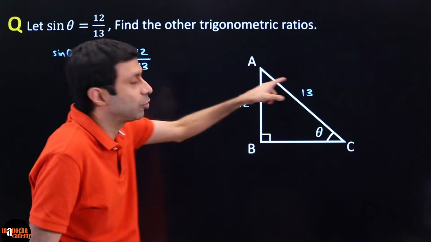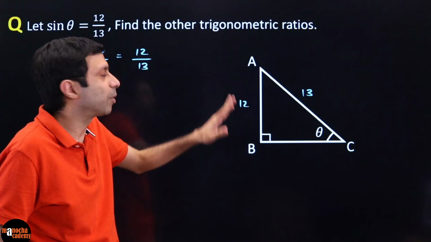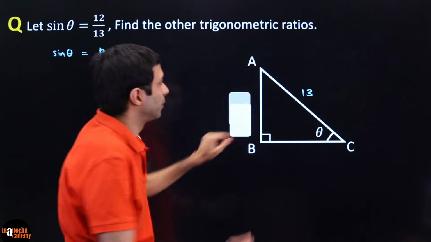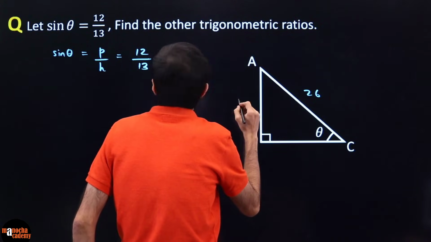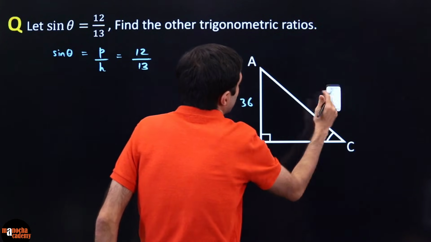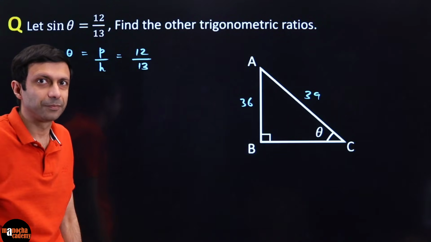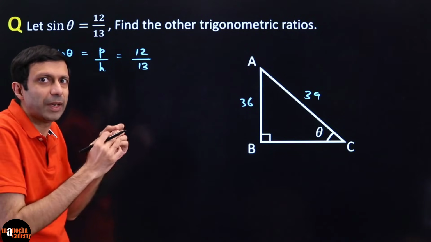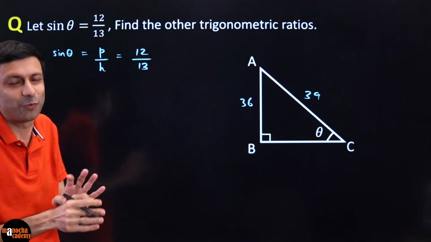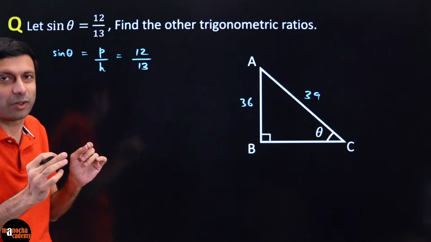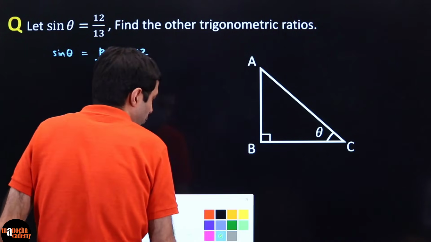Please understand, the ratio was given, perpendicular by hypotenuse was given as 12 by 13. But this doesn't mean this is 12 and 13. It could be 12 centimeter, or even if we forget about the unit, it could have been 12 and 13. It could be 24 and 26. It could be 36 and 39. The ratio is 12 by 13. Do you agree? So mathematically, it would be incorrect to say, hey, that's 12 and 13. Yeah, roughly speaking, you're right, if we want to find the ratio, but it's not really that. So what is it? So we should correctly say,